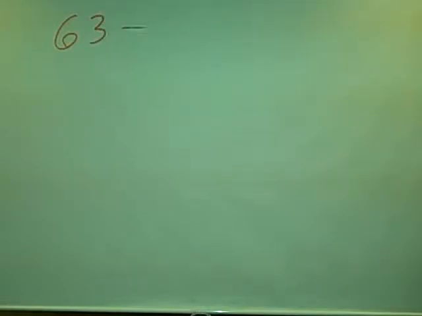63 minus 2y minus y squared. Now technically you could leave the y on the end, but I noticed that the answer that this author gives is he likes to make the y positive. So in order to make the y squared a leading term, what we have to do is factor out a -1